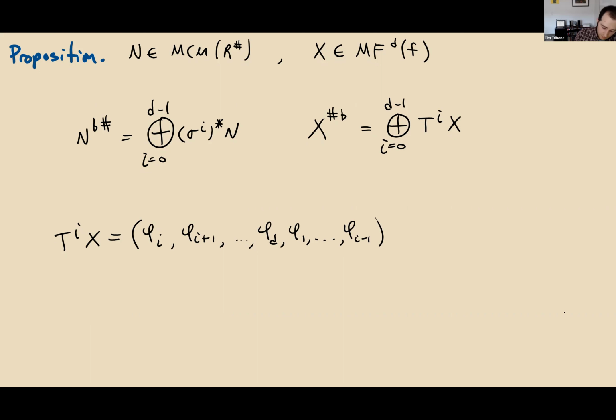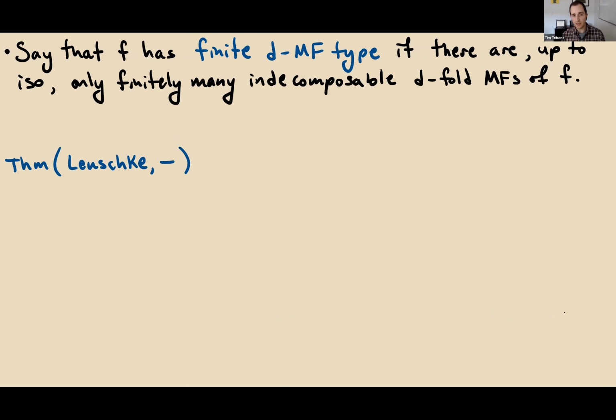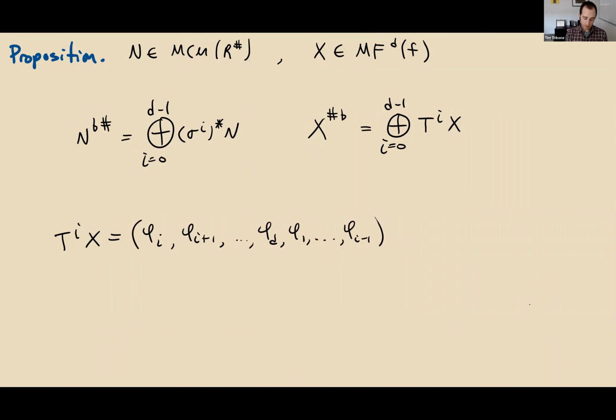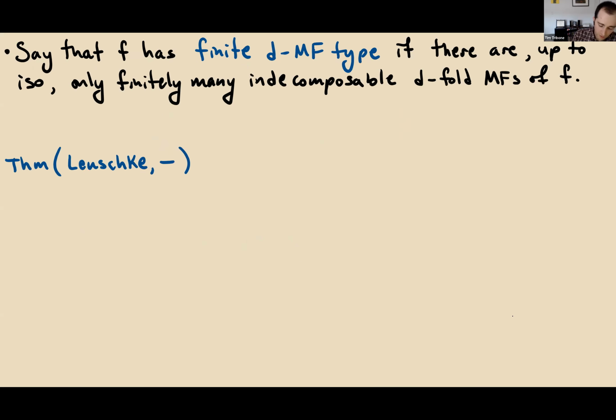What this leads to is that the representation type of MCM R sharp modules and the category of matrix factorizations with D factors, there's not an equivalence there, but the representation theory is still connected. So let me write that down. So just for simplicity, I've been alluding to it before, but I will say that F has finite D-fold matrix factorization type if, up to isomorphism, there are only finitely many indecomposable D-fold matrix factorizations. And so what Graham Leuschke and I were able to show, and it basically follows from this proposition on the previous slide, is that